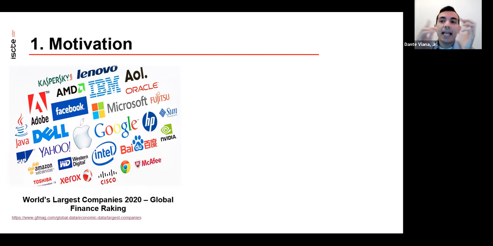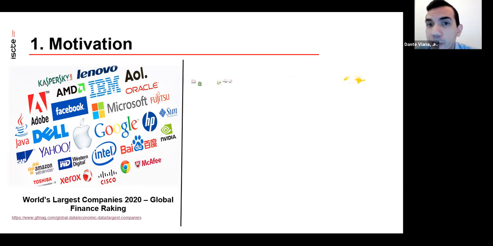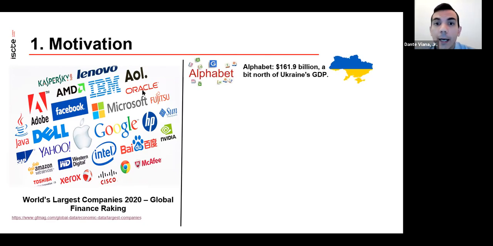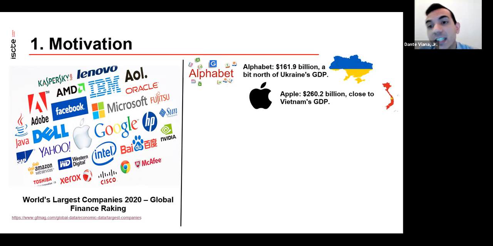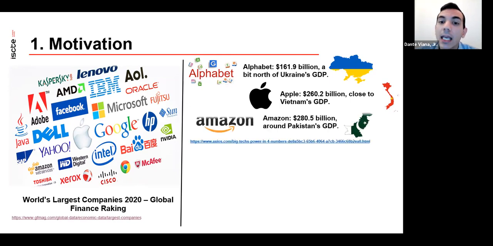And just for you to have an idea about how astronomical the numbers of those companies are, I have here some data to show you. For example, Alphabet, Google's parent company, generated in 2019 sales of around $162 billion. That is basically Ukraine's GDP in the same year, 2019. Apple in 2019 as well generated $260 billion of sales, that is close to Vietnam's GDP, and Amazon